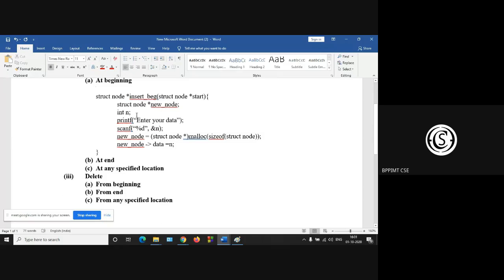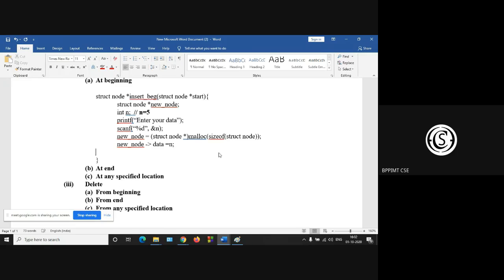So here n, in your example, is 5. Okay. Now enter your data, and in the newly created node, the 5 is inserted at the data part. Okay, very good. Now what is your first operation, Kishan?